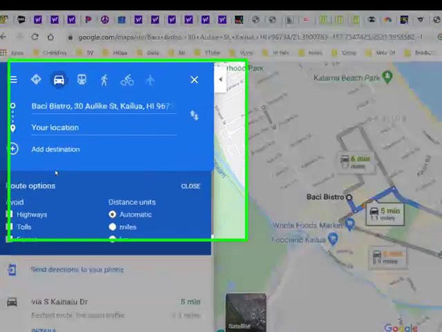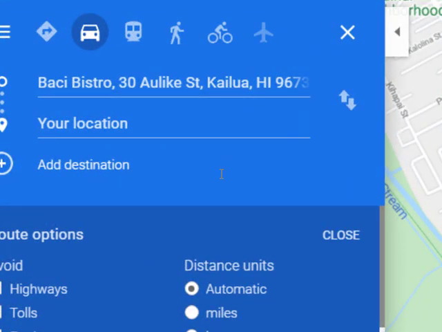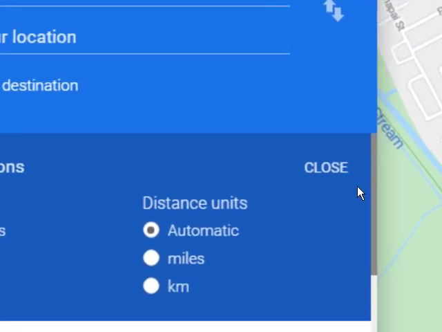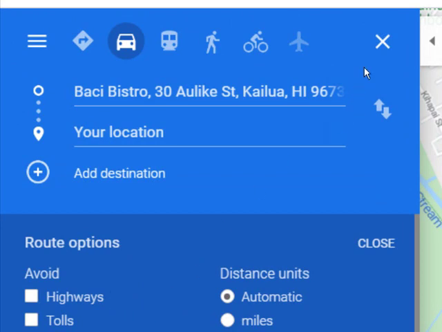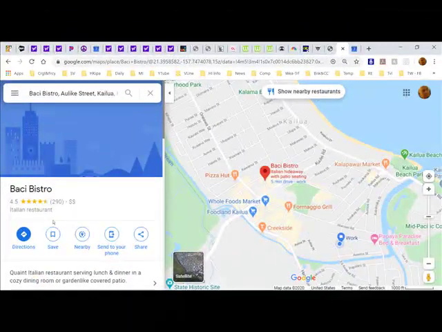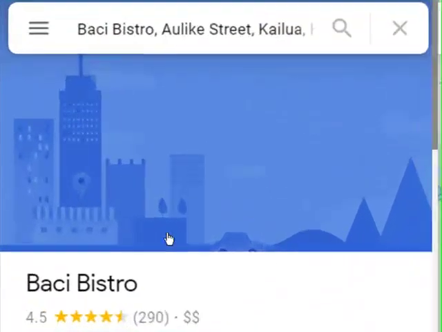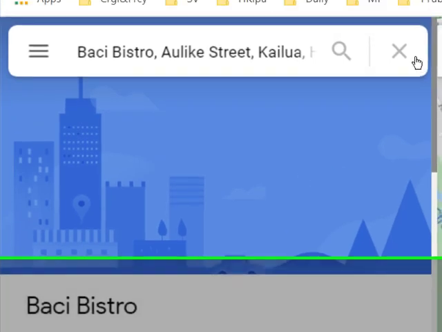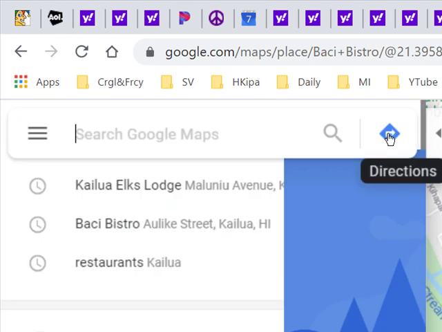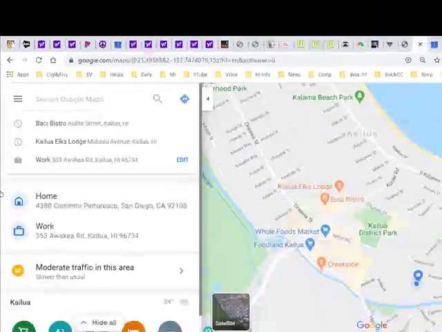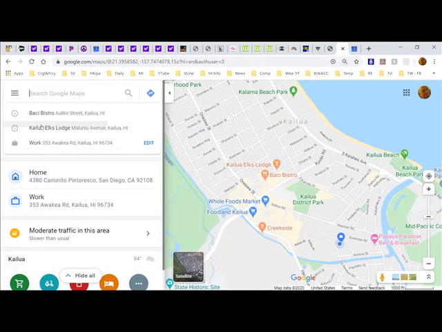Now let's go back to the map and just look at some of its general characteristics and capabilities that aren't involved in directions, which is what we clicked to get where we are now. So if I X out of this place, the Bachi Bistro that I put in, and I X'd out of the directions. Now, if I X out of that location also, I can come over here to the map